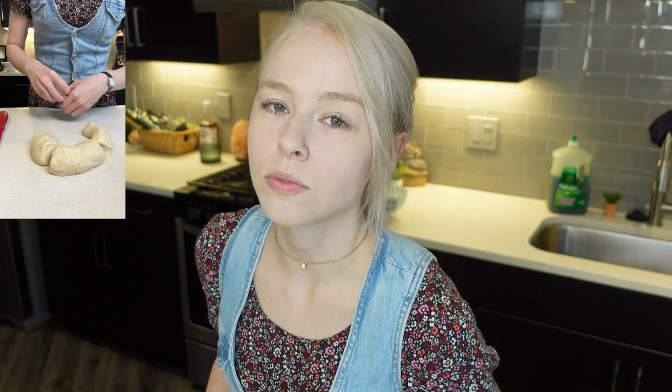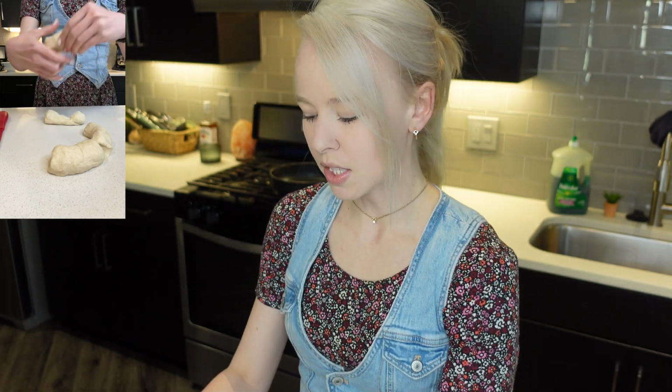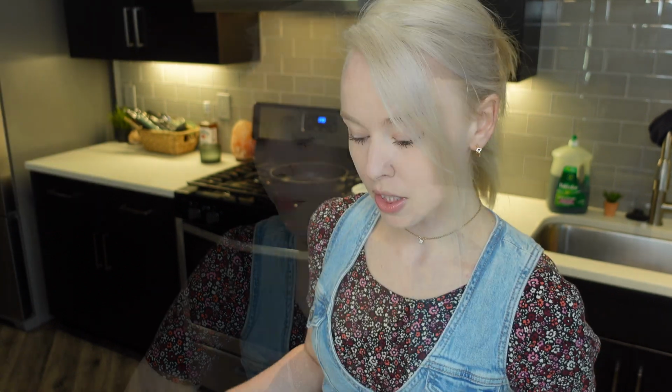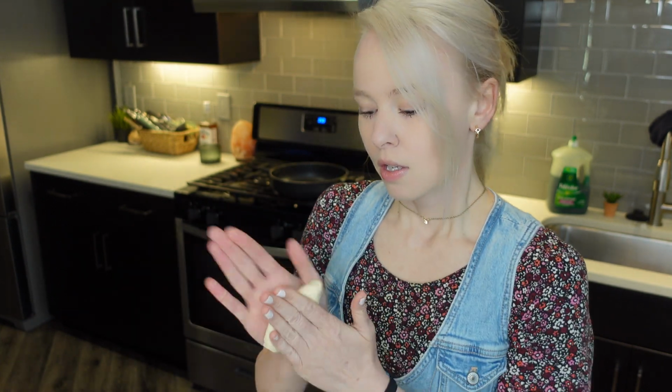I'd say 10 to 12. If you can't get 12, then try to do 10. But just try to make them as equal as possible. And if you need to measure them out with a scale, you can do that. But so I actually was able to cut out 10 little dough pieces, and then now I'm just going to